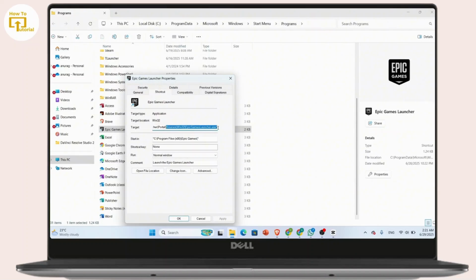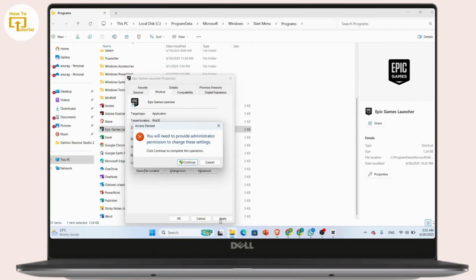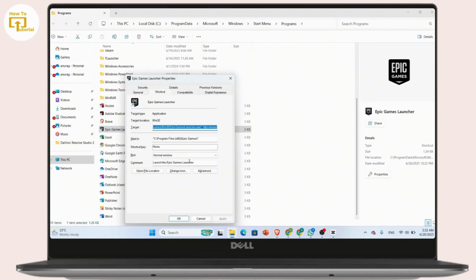So here, go to the end of the text and here simply enter the following command. Just type -http=wininet and here simply click on Apply. And after that, if prompted, just confirm the administrator permissions and adjust the compatibility settings still in the properties window